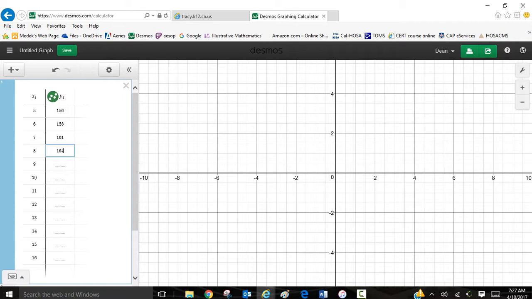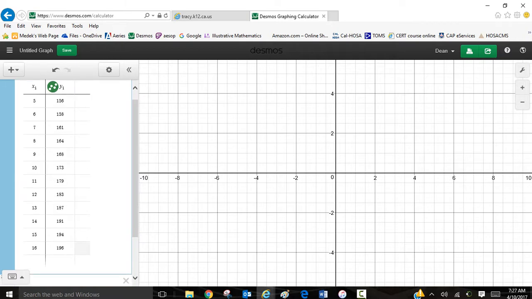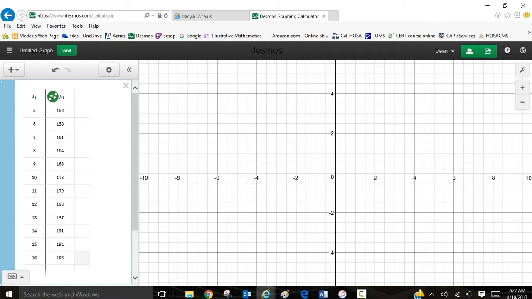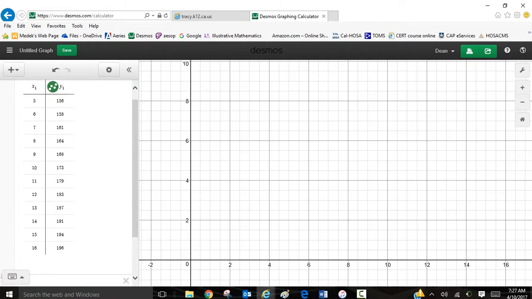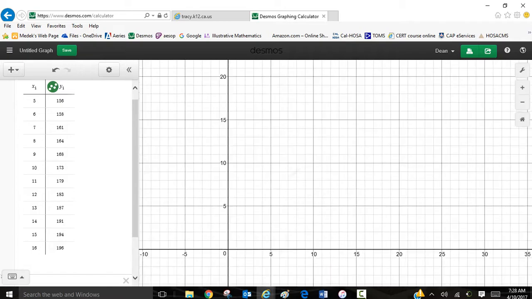So we're going to see if there's any linear correlation to this at all. That means do the points line up somewhat like they're going to be in a line. They don't have to be perfectly in a line, but if they're not mostly in a line, then it really doesn't make sense to do a linear regression. It might not make sense to do any kind of regression. It really depends on the situation. But it looks to me like this stuff is generally going up. I think we're going to see that when we graph these points, they actually form pretty close